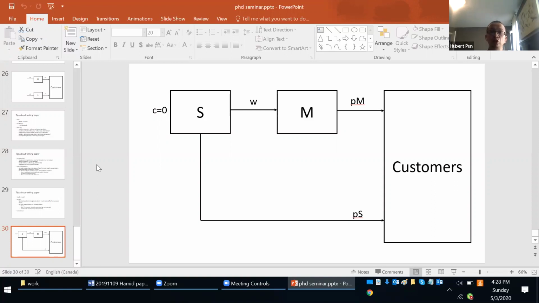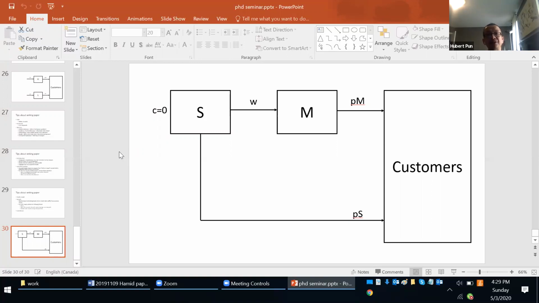So let's say the production cost is 0. We have a wholesale price W. So we have PM and PS that represent the price of the manufacturer's original product and the supplier's copycat. So that is a basic story that happens a lot of the time. So what I want you to do is first draft a mathematical model and then send that to me. After I look at your mathematical model, I'm going to provide you with some feedback, and then later on you need to write a paper on this particular topic. So that would be the big project about this